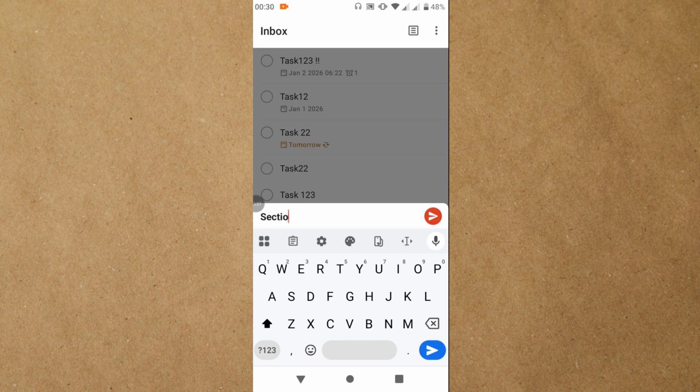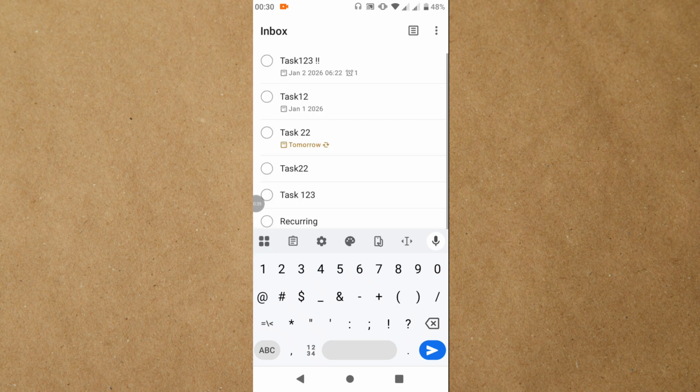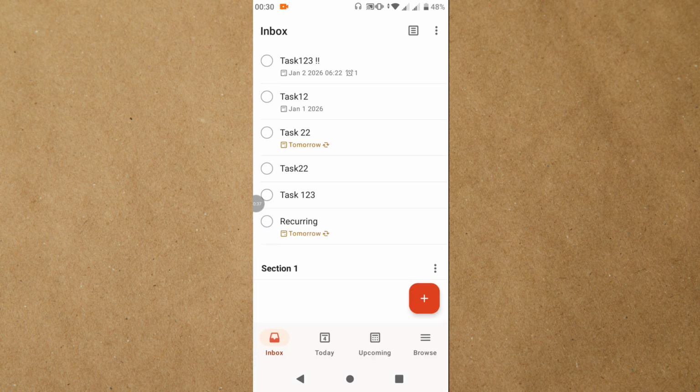So let me give it a name like, I don't know, section 01 or number 1 or something like that. Confirm by tapping into that arrow to the right icon in the bottom right corner, and that is going to create your section. Now you may, for example, tap into it here